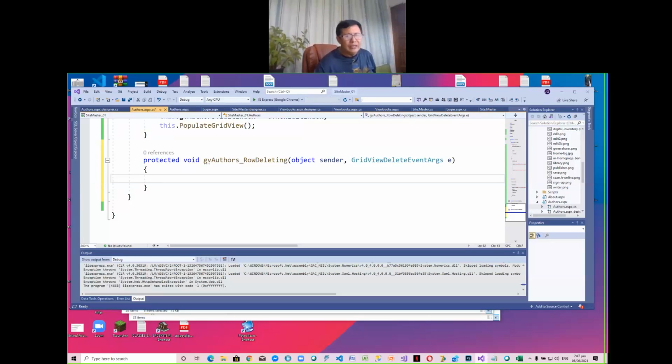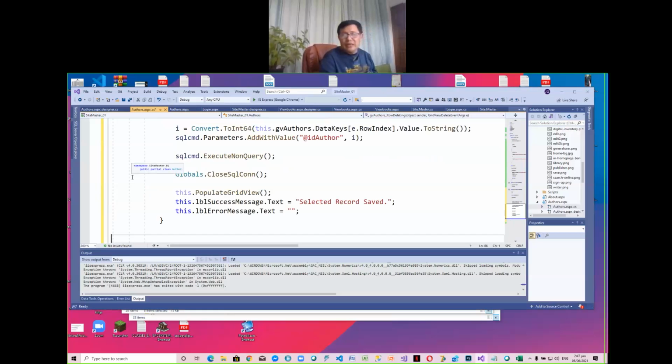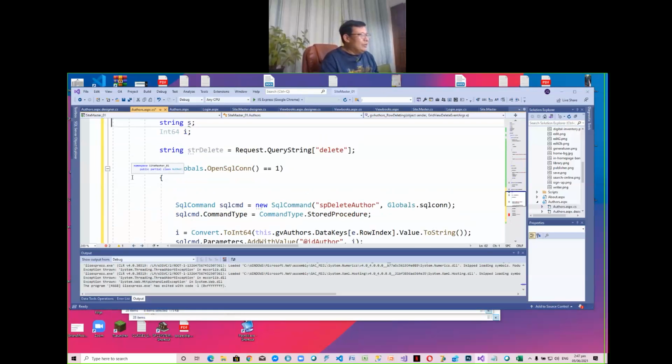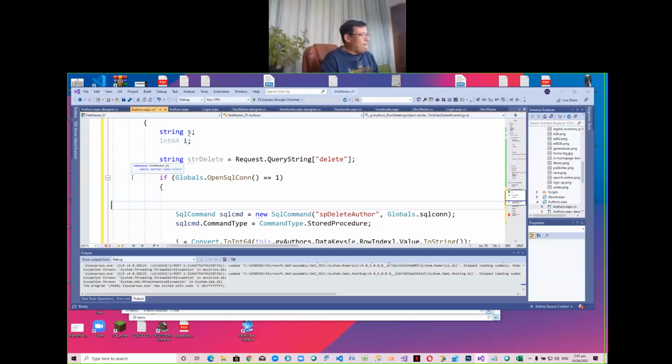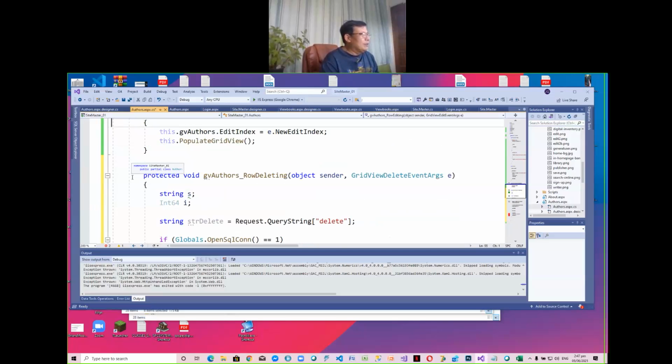So we have discussed this before, actually, in our previous semester. I'll explain the body anyway. We should have a stored procedure like we did before. So first, we will